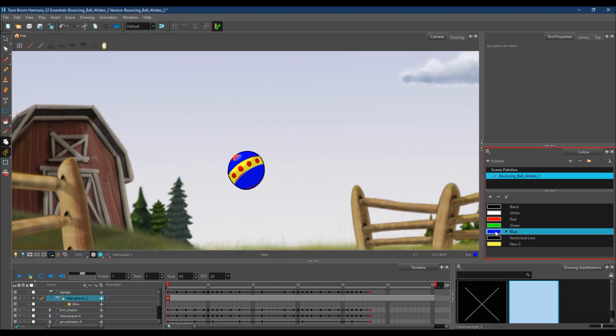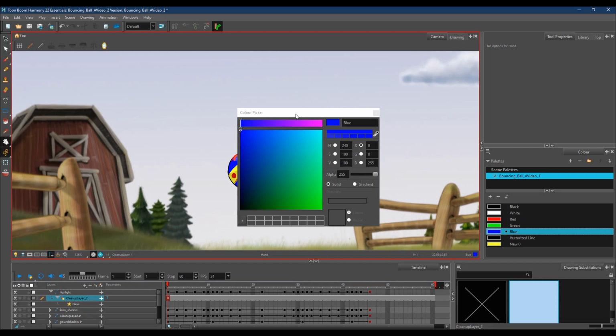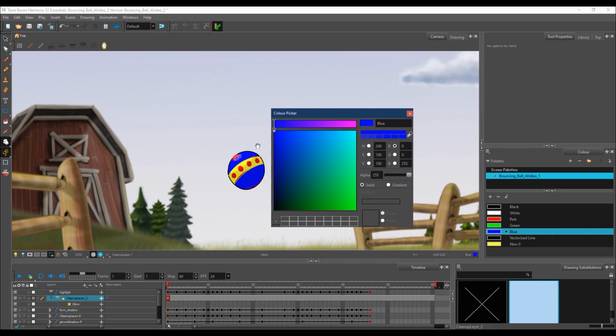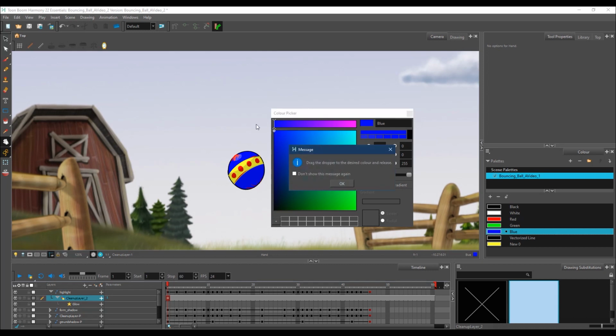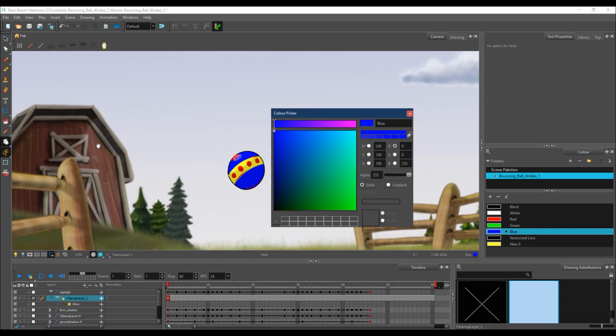Now I can do this over here in the color window simply by adjusting what I thought would be blue. So say if I want to change the blue to a red that I've got over here,